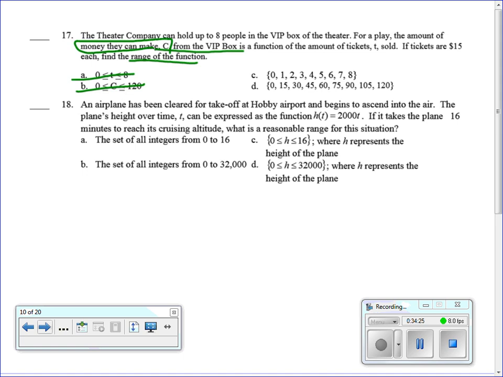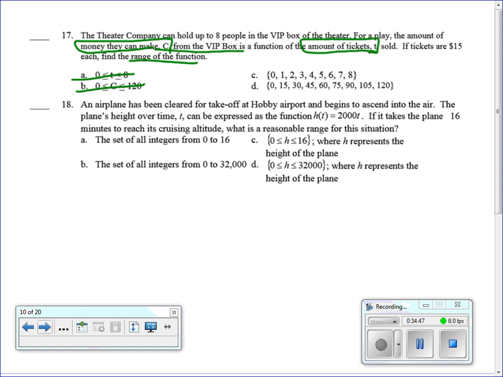And our domain is the amount of tickets. So you could sell 0 tickets, you could sell 1, 2, 3, 4, 5, 6, 7, 8 tickets, but that would not be considered your range, that would be considered your domain. So if we sold 1 ticket